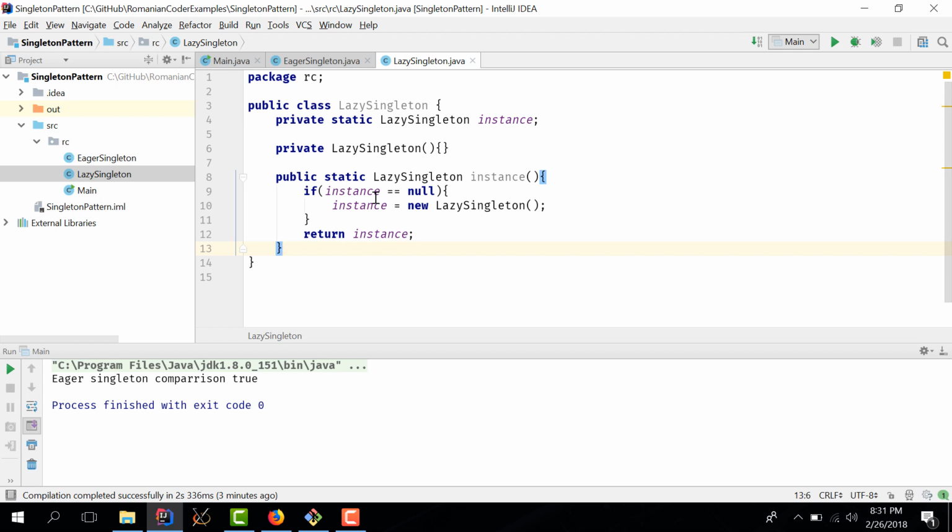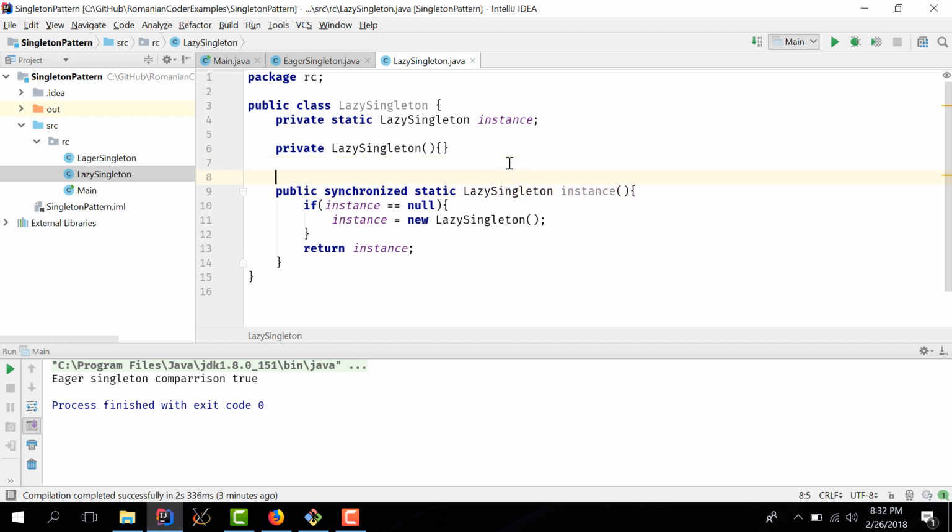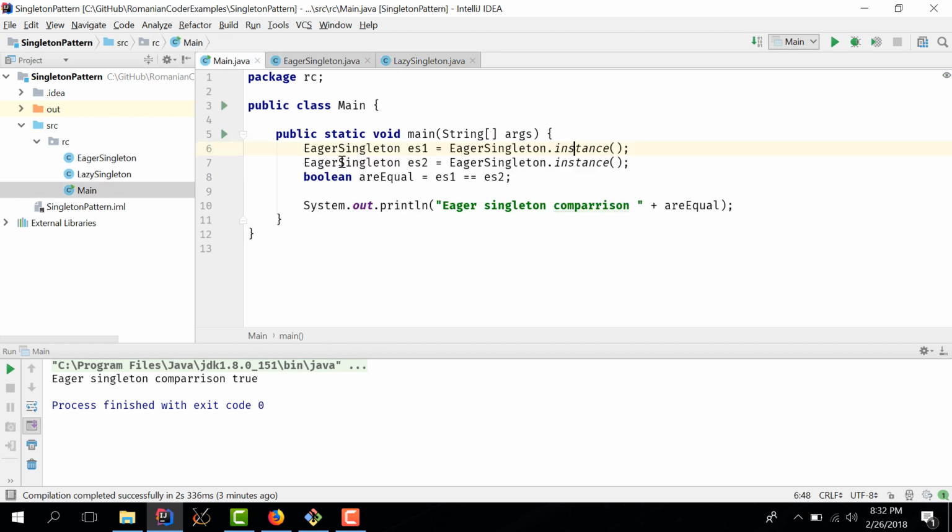So we need to protect ourselves against this. One way to do it is just to mark this method as synchronized. And now we get thread safety, and we also have deferred instantiation. Okay, so let's test our class. Let's see if this actually works. I'm going to rename this r equal,